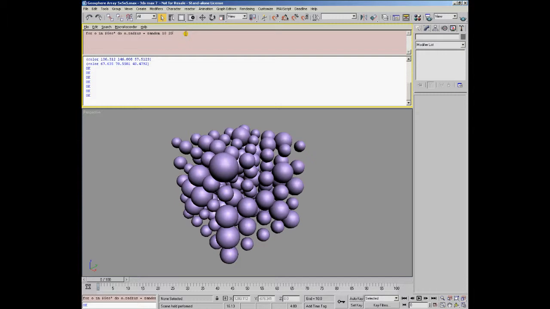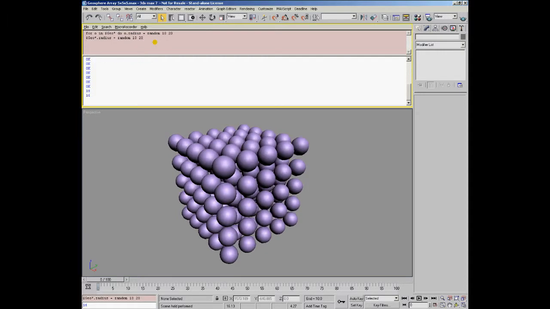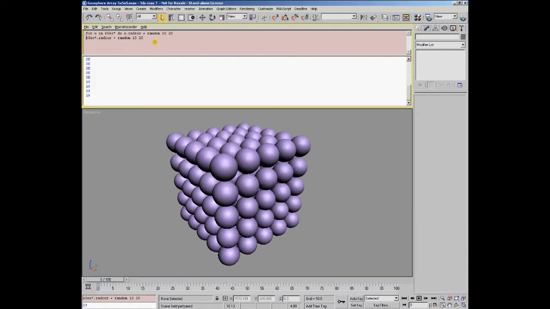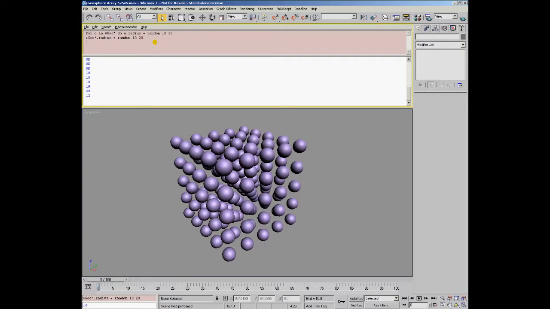Notice that we don't use the mapped function described previously. Using geo.radius = random 10 20 would not have the same effect. It generates a single random value and then assigns it to all the geospheres. This happens because mapped functions evaluate the right-hand side just once and then assign the result to all the radius